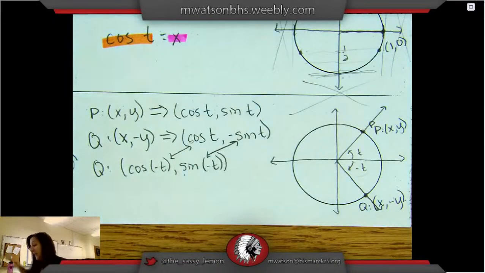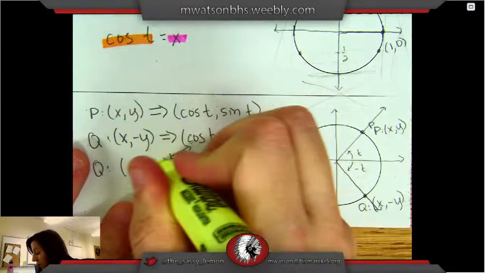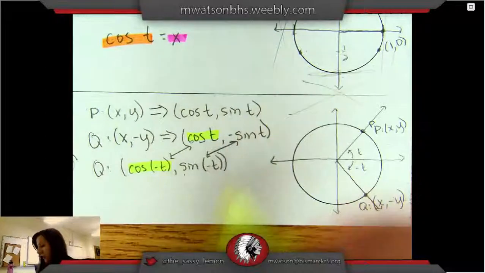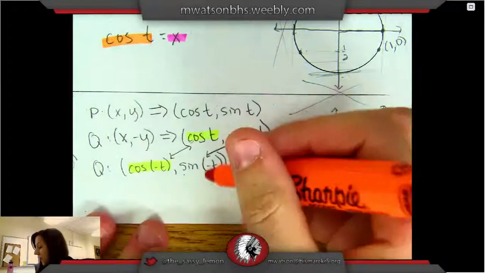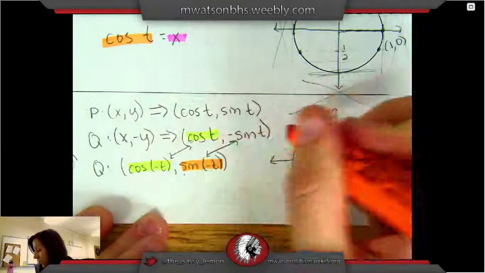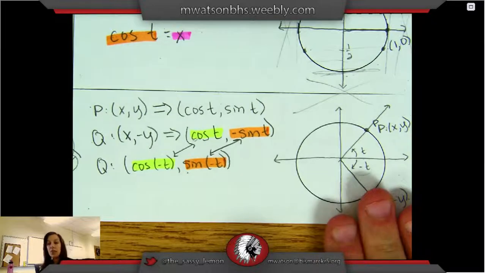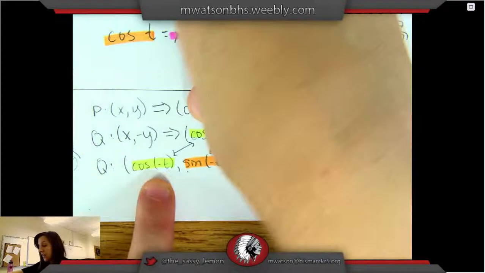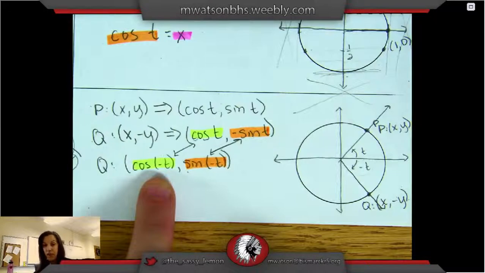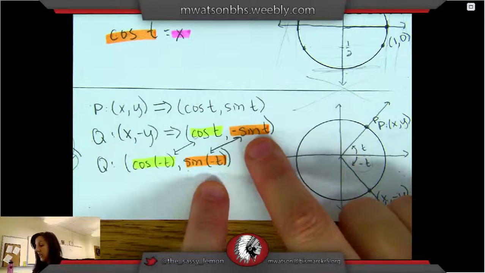I'm going to highlight those. So, cosine of negative t equals cosine of t. However, sine of negative t equals negative sine of t. So there's a subtle difference here. This one, you plug in a negative t, it's equivalent to just cosine of t. This one, you plug in a negative t, it's equivalent to the negative version